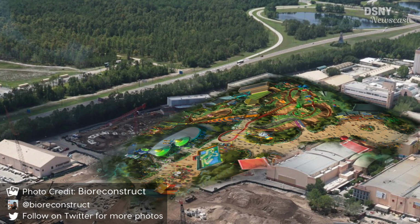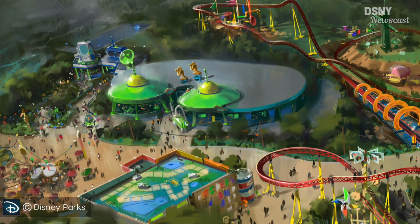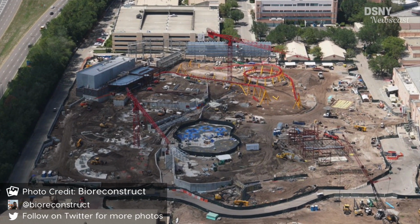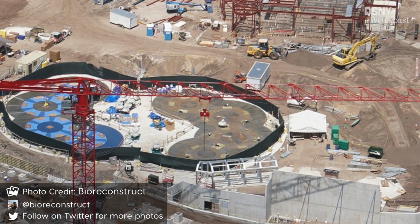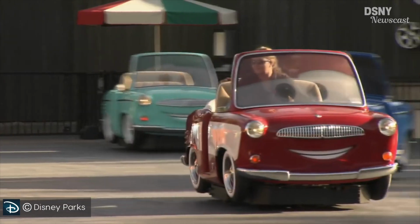The other attraction within Toy Story Land is called Alien Spinning Saucers. And we can see that the groundwork and some of the ride pads have already been completed. This ride will be similar to the trackless ride technology used within Luigi's Rollicking Roadsters over at Cars Land in